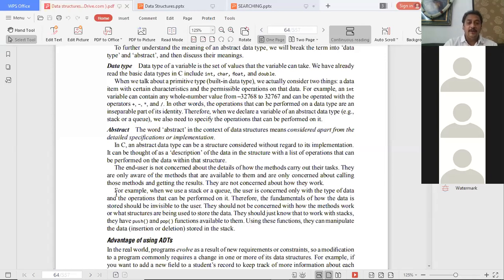A program is nothing but a series of instructions. You can write the program as a series of instructions, or you can write it making use of functions. A function is nothing but a module. We divide each module in the form of a function, and we call those functions in the program.